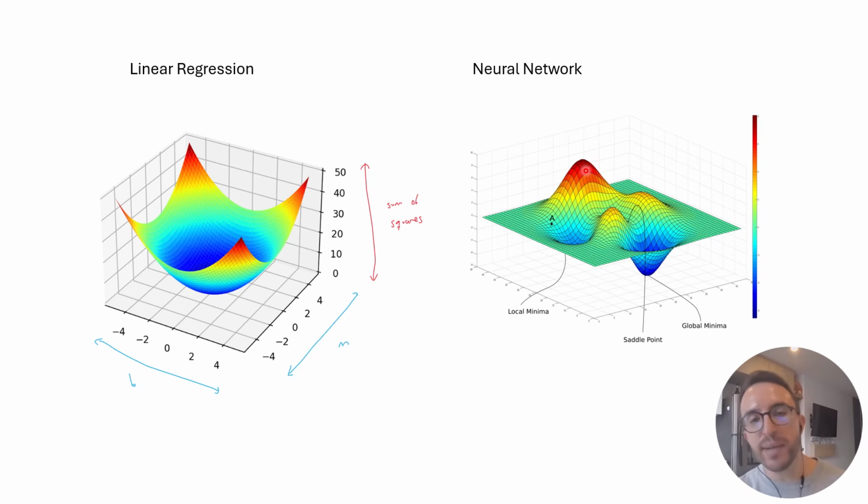But each time we show it an example and we shift the weights of the neural network in the right direction, it's like taking a little step down the loss landscape. And then we show it another example and we shift the weight values to improve the prediction, and we take another small step down the loss landscape. And you repeat this over and over again, and you slowly move down the loss landscape until you reach the bottom where your neural network is now making very small errors.